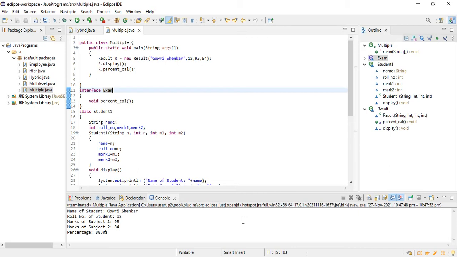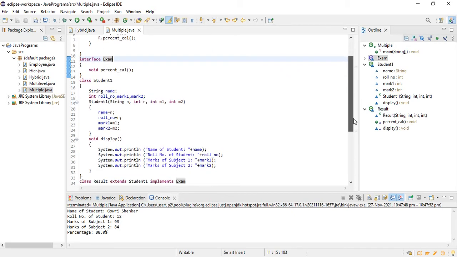So there we have to use the concept of interface. We can take one class and another one an interface. Using this child class, we get the properties from the parent class and we implement the other parent. So in multiple inheritance, we have two parents and one child. Here is an example that illustrates the multiple inheritance concept.